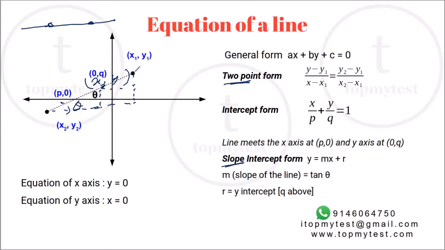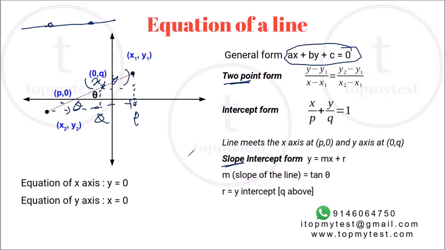the triangle formed by x1, y1, x2, y2 and a third point, let's call it P, will be a right angle triangle. This is the slope. And if you call this Q, the triangle formed by x, y, x2, y2 and Q will have this slope here. So we equate the two slopes and we get the equation of a line in the 2-point form. Now if you resolve it, it will come as a linear equation in 2 variables. That's the equation of a line.